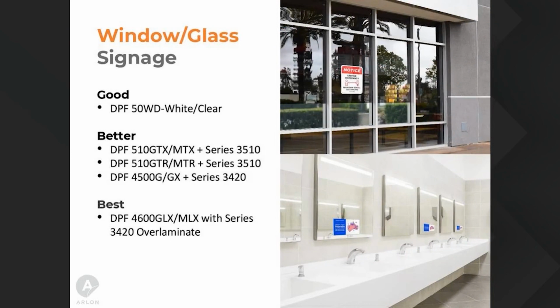Regarding windows and glass signage, we have our DPF 50WD, which does not need a laminate. It is a removable wall film. It comes in white and clear. A better solution is, once again, our 510 GTX and MTX with our Series 3510. As you can see, our